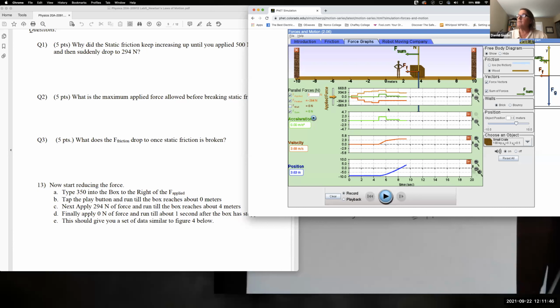The box is still moving. My sum of my forces is going to go down because now it's just friction force acting. So the sum of the forces should now go down to match the level of my friction force, because that's going to be the only force happening. So the green line should go down to the red line here. What's my acceleration going to do? Go down. And so my velocity should start dropping. And we're going to run it till it stops and then run about another second.